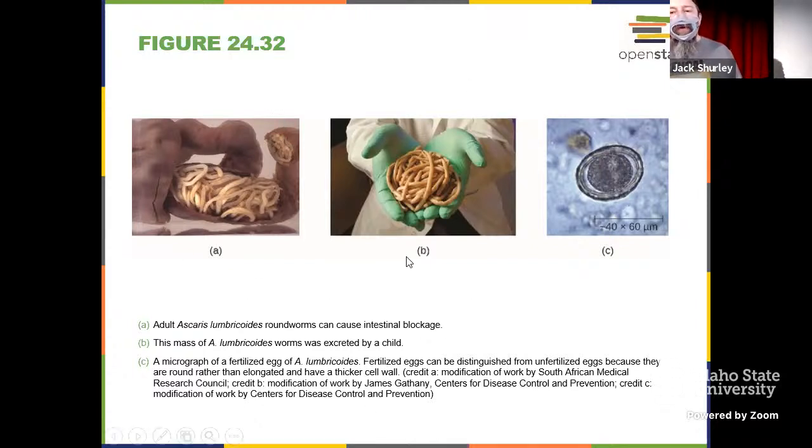This first one that we're looking at, Ascaris lumbricoides, these guys have the potential to cause some serious issues, intestinal blockage, as you see here. As I look at these things and the whole handful of worms, I like to say, a true buttload of worms, right? That's a massive amount of worms. There are definitely some images out there if you are so inclined where you can see all of these and potentially what he's got in the hand coming right out of a small child.